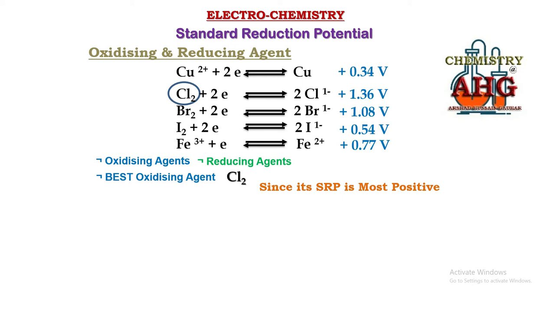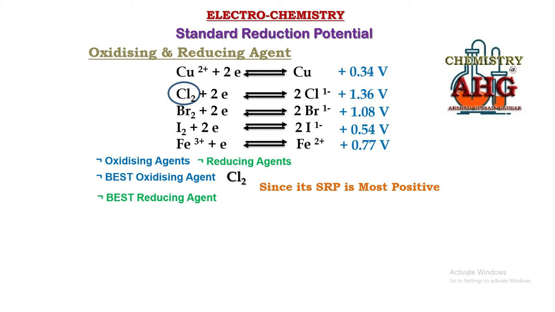Likewise, if it is asked what is the best reducing agent, obviously reducing agents are present on the right hand side. Now, a best reducing agent is the one that can undergo oxidation easily. How can you decide which one can undergo oxidation easily? The one that can produce maximum voltage, or the one that needs minimum electrical energy for the process of oxidation. How is that? Look, if for all these half cells we carry out the process of oxidation, we will have to move in the backward direction.